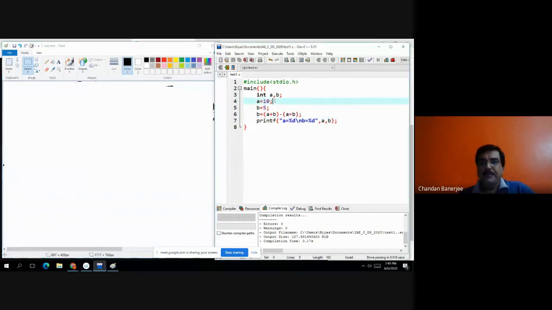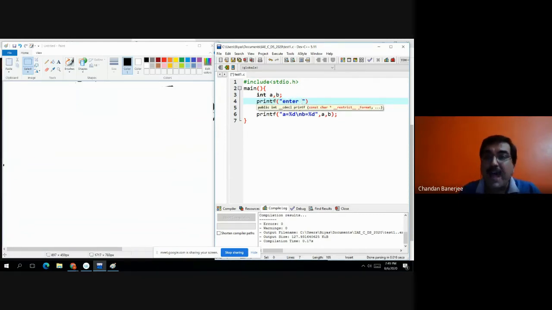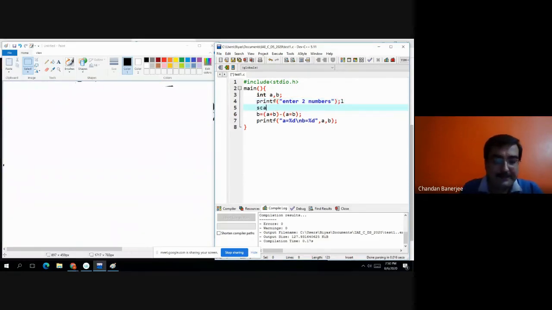Now, just for those people who are thinking that I am not very confident in C, those who lack a little confidence, those who are a bit shy to write a program in C, don't be shy, feel free. For them I will just write this line: printf, suppose we can take input from the user also, enter 2 numbers. Some will get angry with me and say, sir, why is he showing all this again, but there is nothing to do, let me show a little. Actually, sometimes I say some nonsense and tell stories like this. Okay. int a comma b, printf, enter 2 numbers.